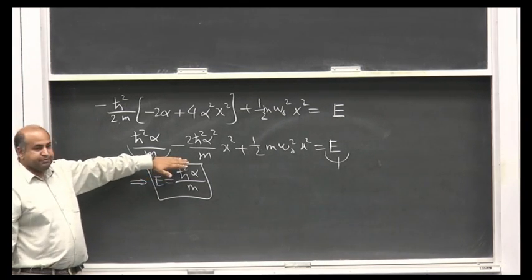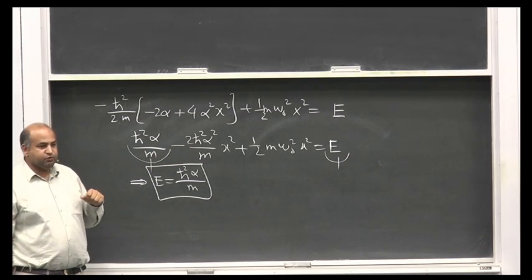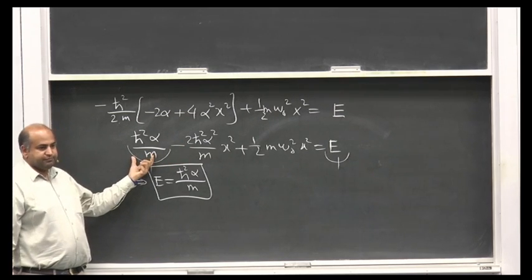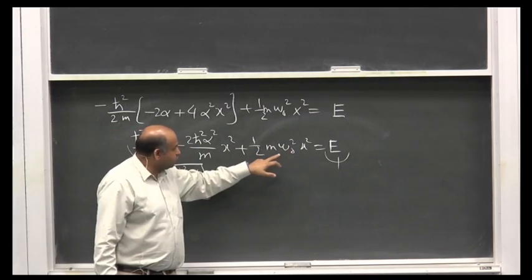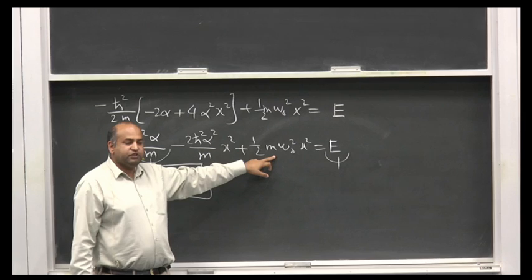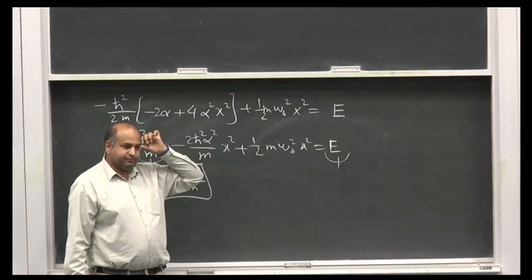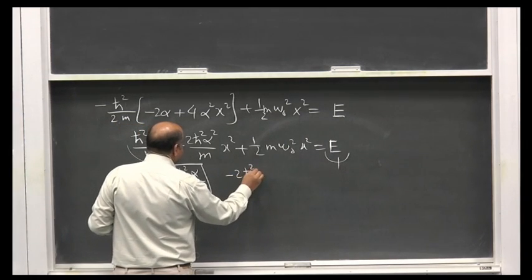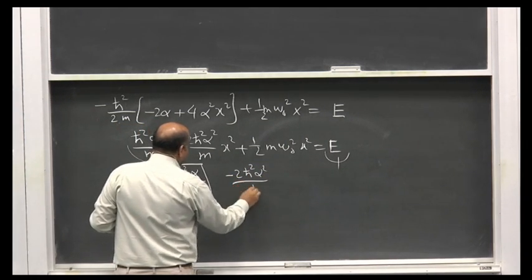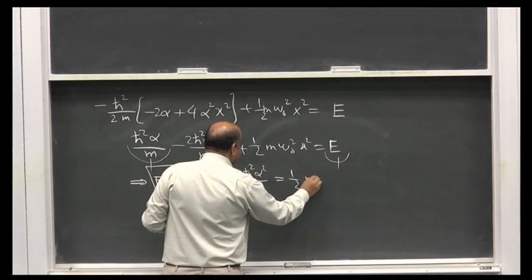ये देखिए, अब ये इक्वेशन कैसे सेटिस्फाई हो सकती है? एक तो ये कि ये टर्म e के बराबर हो, ये कांस्टेंट नंबर है, वो भी कांस्टेंट है। अब ये x स्क्वायर का कोफिशिएंट है, ये भी x स्क्वायर का कोफिशिएंट है, तो x स्क्वायर का कोफिशिएंट जो है वो 0 होना चाहिए, तभी 0 is equal to 0 होगा। So which means that -2 alpha square over m this should be equal to half m।